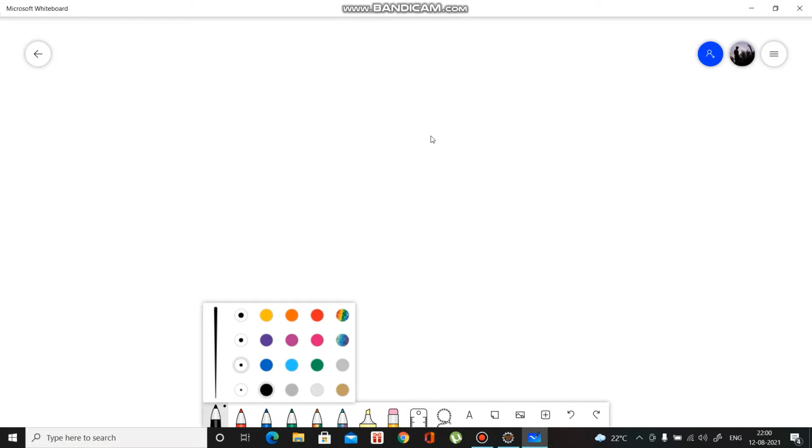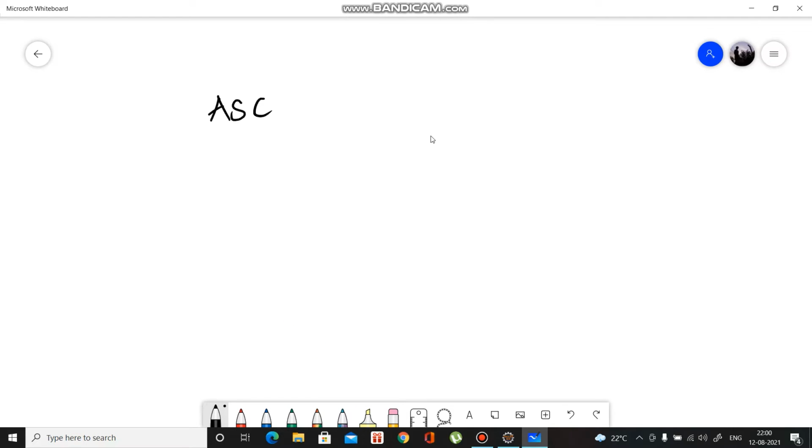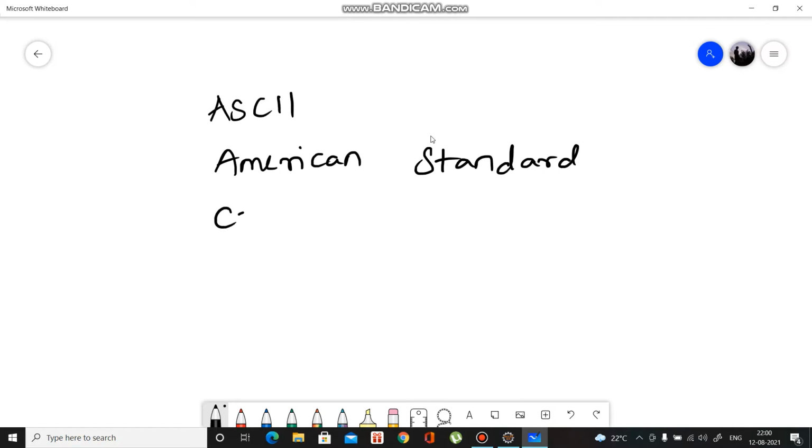There is something called ASCII values. ASCII stands for American Standard Code for Information Interchange.